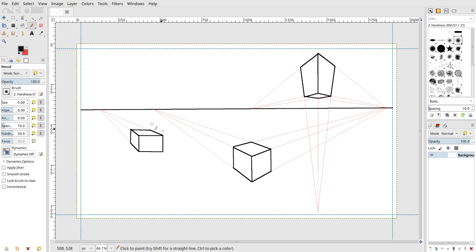On the left we have a 1-point perspective. It's a flat plane with the edges that recede to 1 vanishing point, 1 point perspective. Here's a cube where you start with that vertical edge, the top and the bottom, and the right side goes to 1 vanishing point, the left side goes to another vanishing point to create a 2-point perspective. This one is below the horizon line,